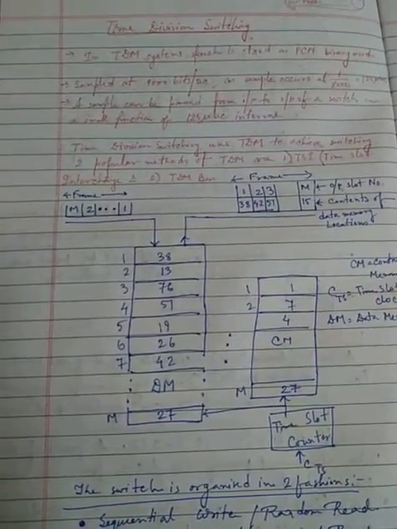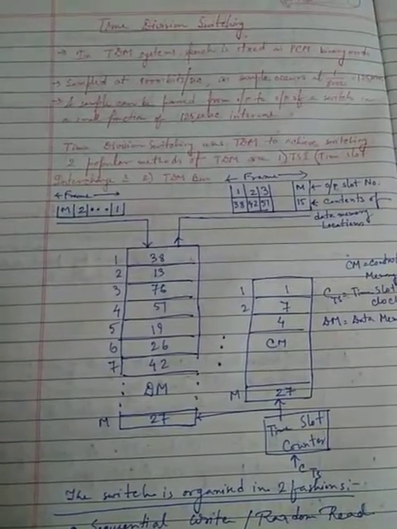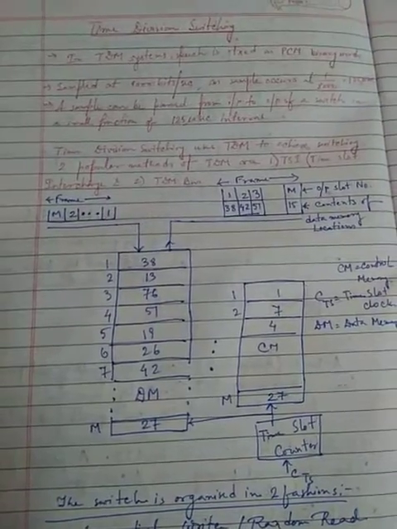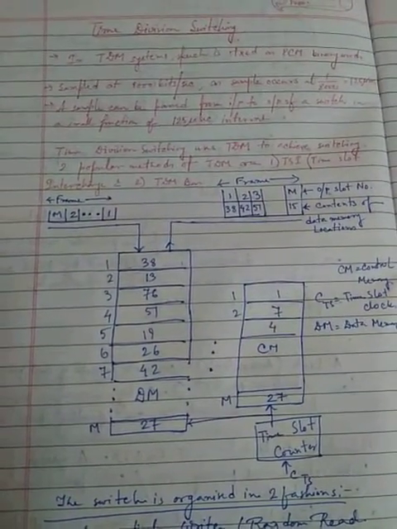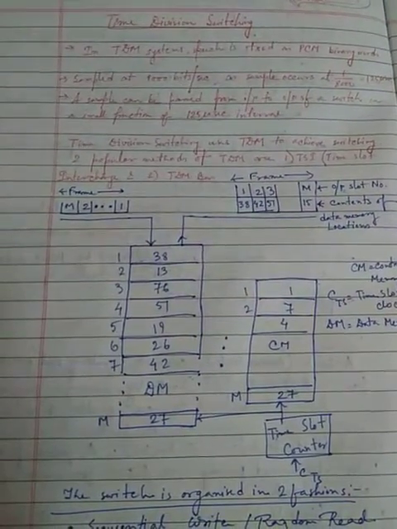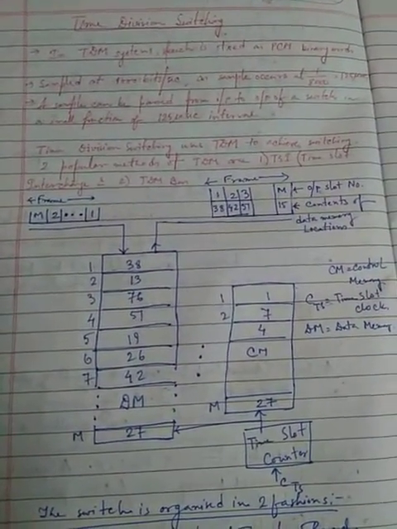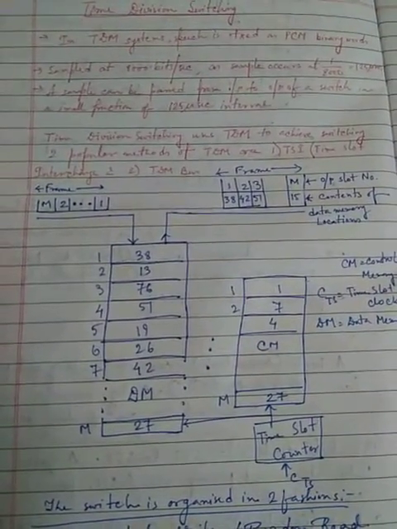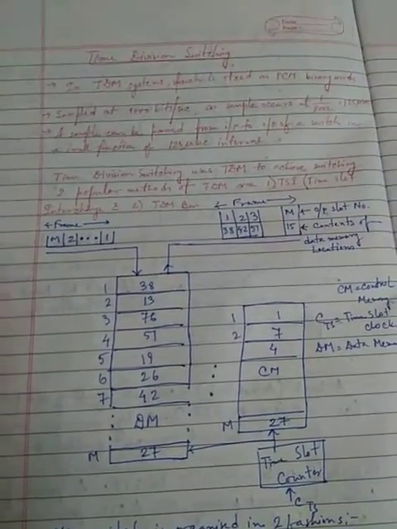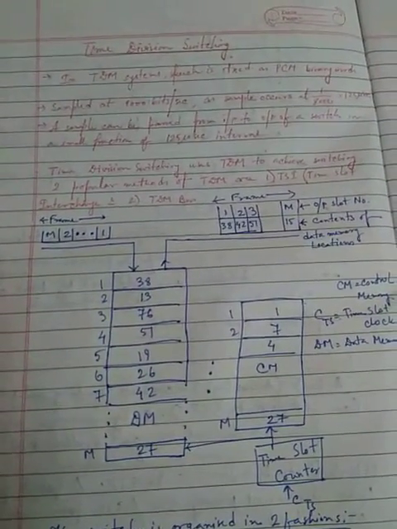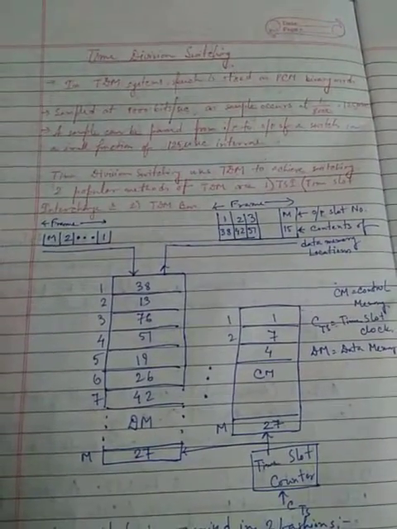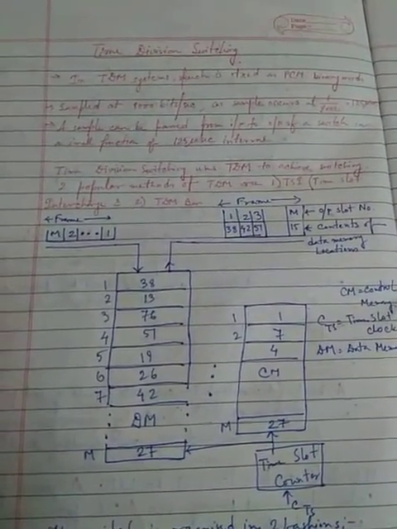In space division switching, cross points are used. You know that cross point from the crossbar switching system. So those cross points are used in the space division switching system to establish a specific connection between two subscribers. Like I have described in the circuit switching network, it's a dedicated path between two subscribers. Similarly, in space switching also, a dedicated path will be established between two subscribers. Until they tear down their connection, it will remain dedicated to them.